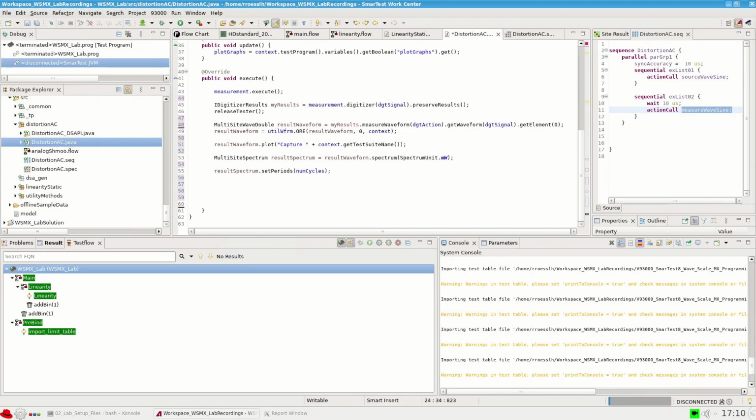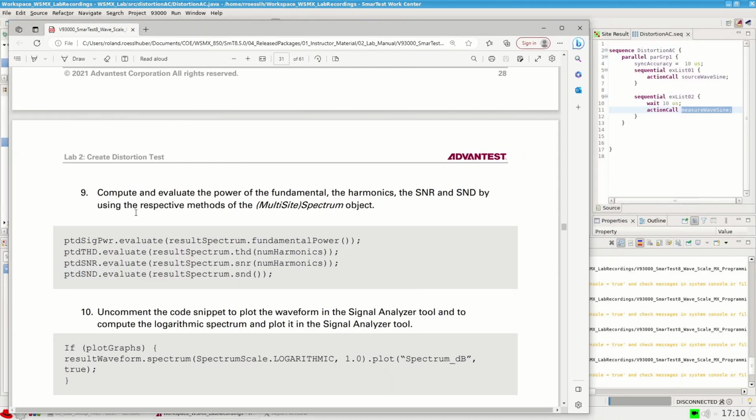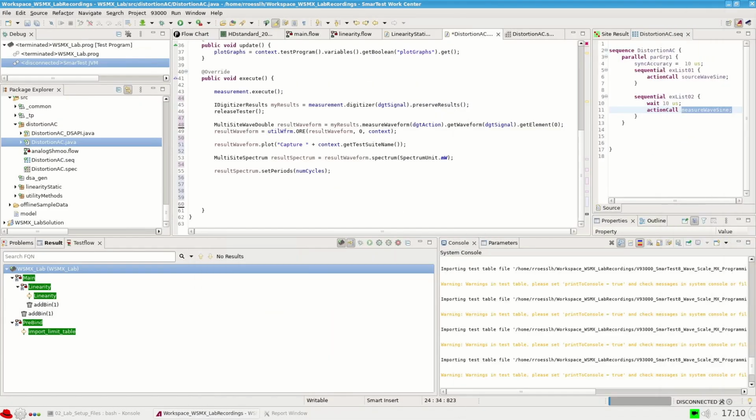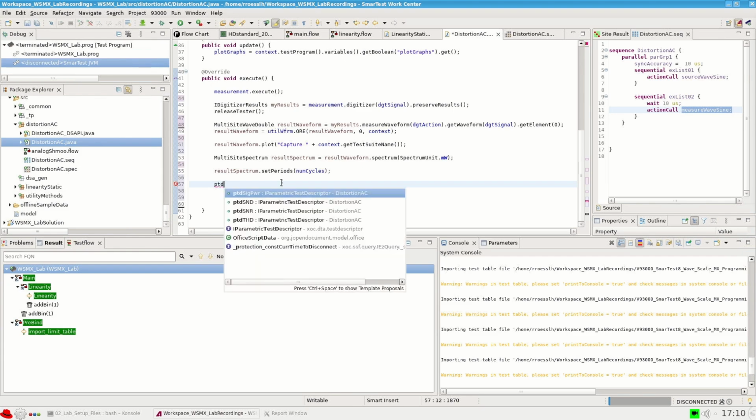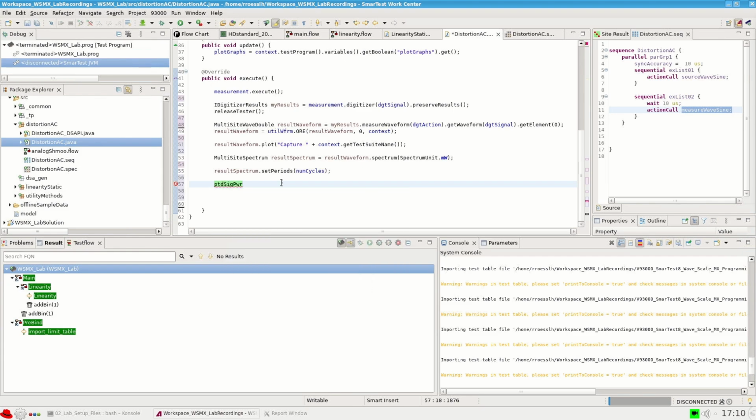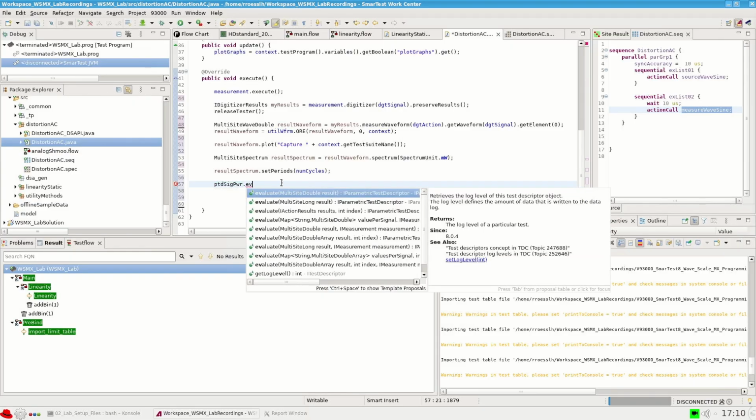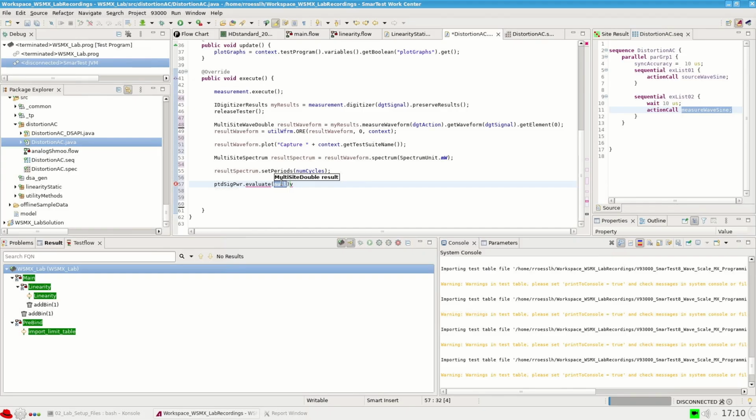Okay, and then step number 9, compute and evaluate the power of the fundamental, the harmonics, the signal to noise ratio, the signal to noise and distortion ratio by using the respective methods of the multi-site spectrum object. Yes, that's what we are going to do now. And for that, we have first here our parametric test descriptors. Let's first take the signal power, evaluate. It's going to force a pass fail decision,